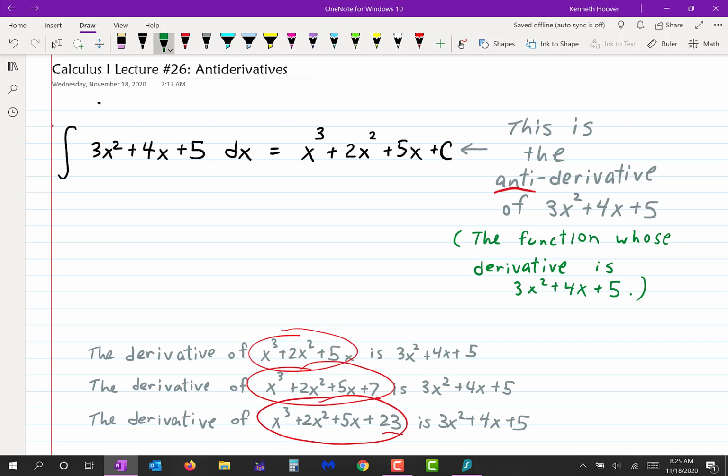Now you see the language there is singular, isn't it? But in reality, we don't get a single answer. We actually get infinitely many answers. I write only one thing. I write x cubed plus 2x squared plus 5x plus c. But that takes into account infinitely many different answers because the constant c at the end could be any number. So the reality is, what I have written there in green is